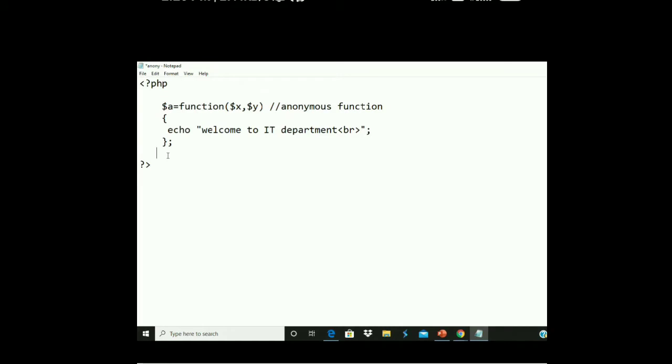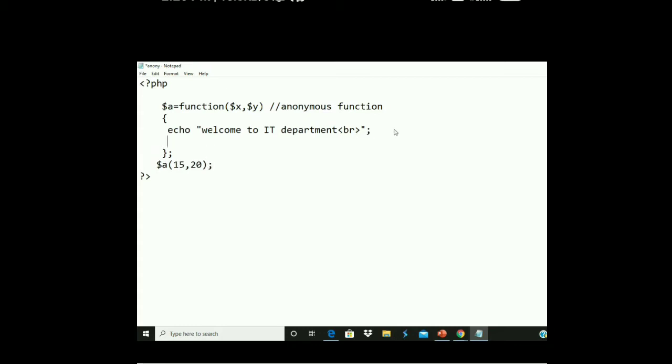So how to call this function? See here, what is the name assigned for this anonymous function? That is $A. But how many arguments do I have to pass? I have to pass two arguments, $X and $Y. Now I pass 15 and 20. Put a semicolon here.